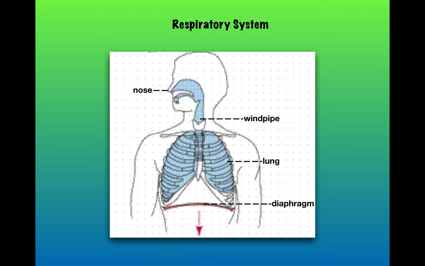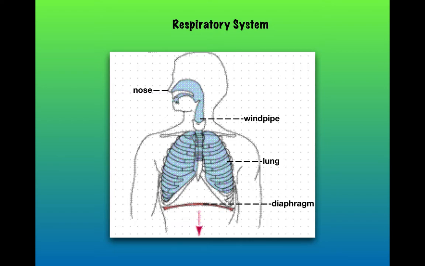It is a sac-like structure and it is paired, that is, there is a right lung and a left lung. So with each breath we are adding fresh oxygen every time to the blood, which is then supplied to the different cells of our body. In a similar way, the carbon dioxide from the cells which is removed from the blood is exhaled out of the body through the nostrils.